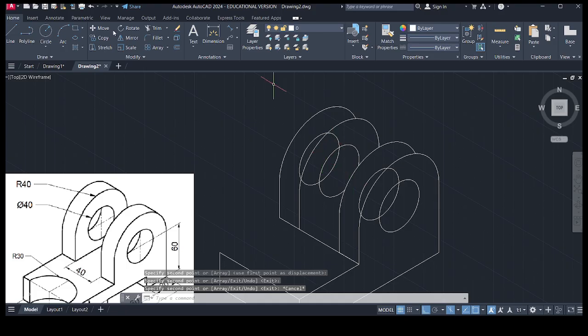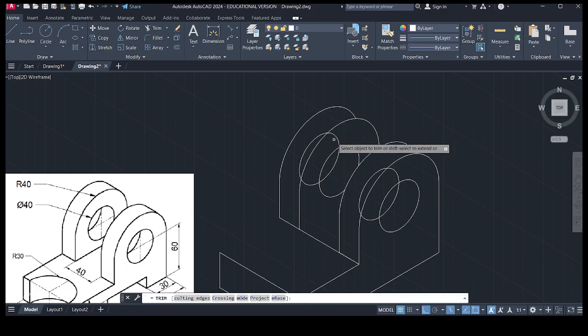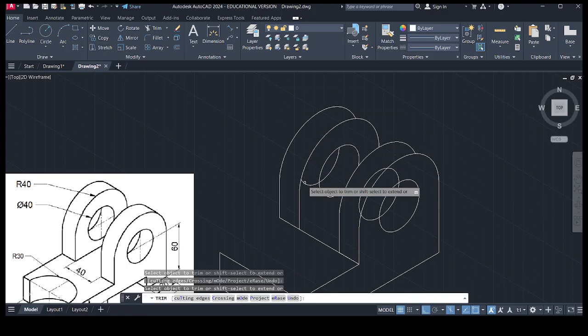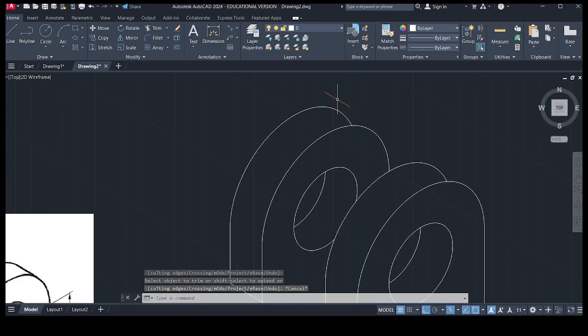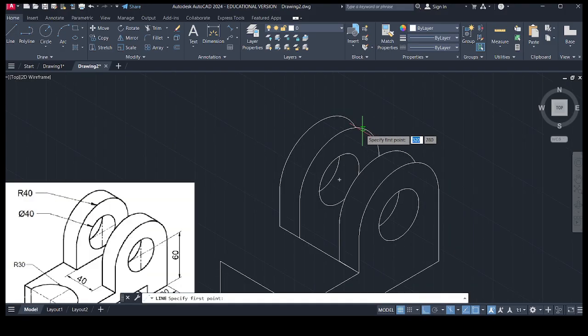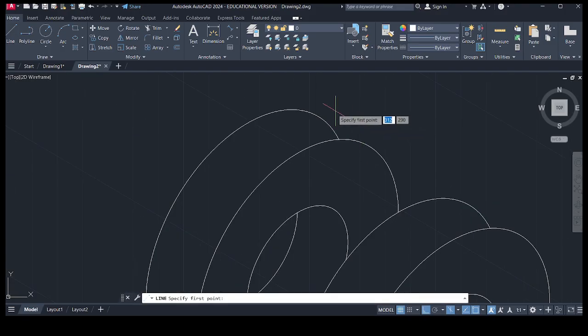Escape. Now trim the unwanted portion of the second circle. Okay, so that you can see a portion of the circle for the left extreme of the vertical member. Escape. Now the diagram is complete. Top side we need to connect with the lines. Okay, so this profile, top profiles, to